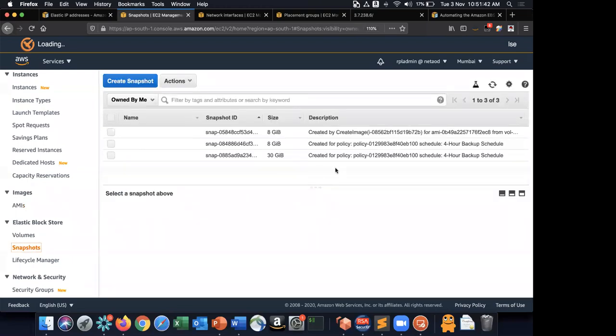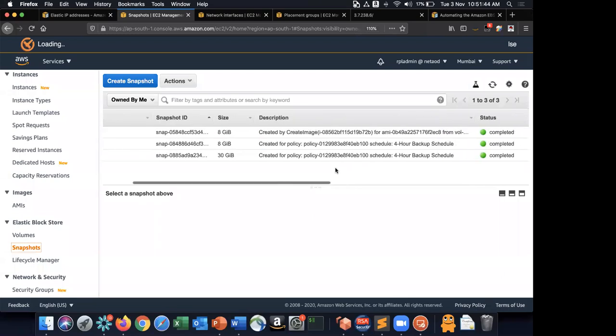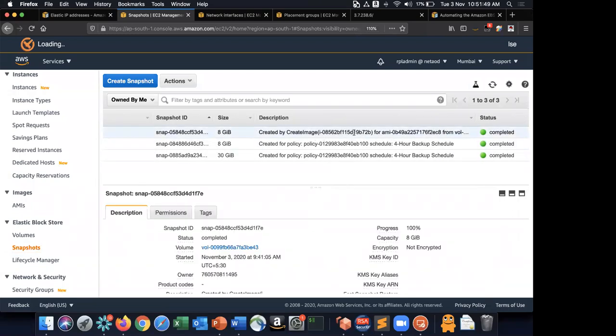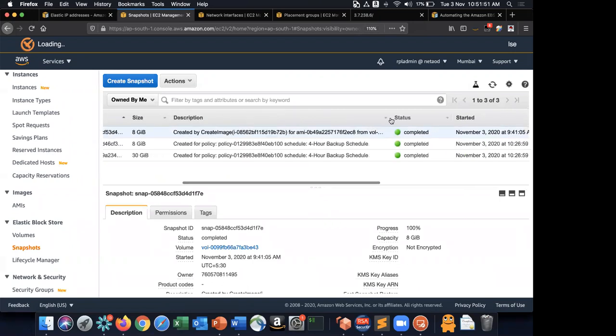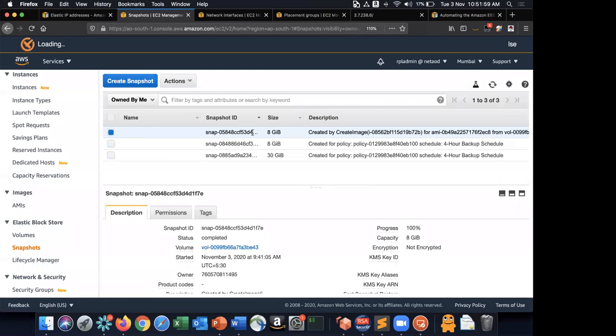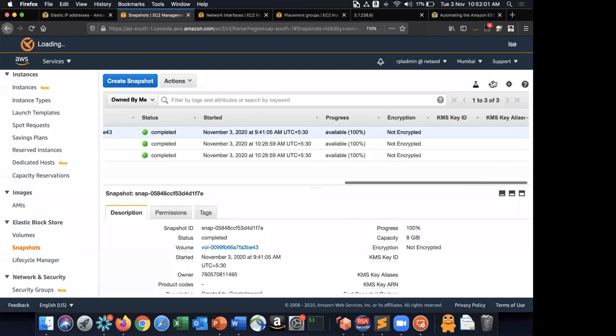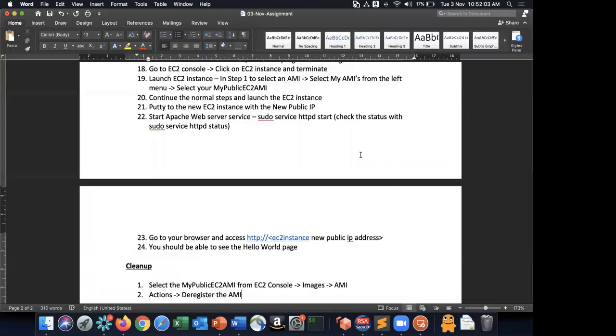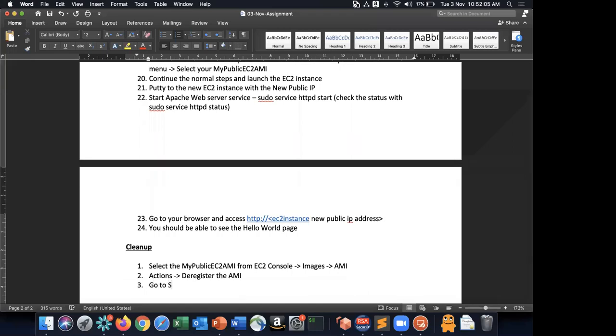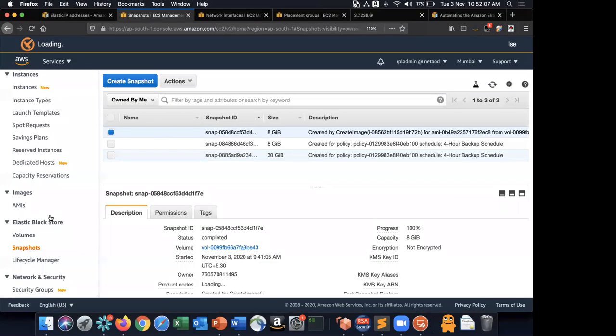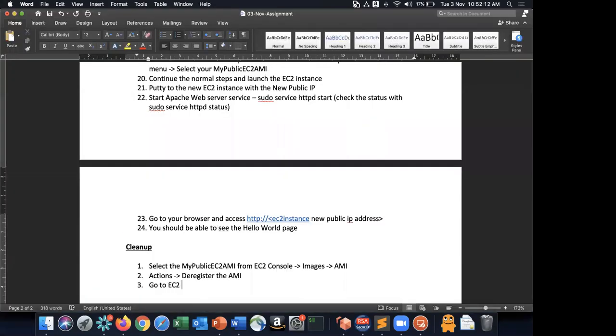Okay, what it does is it also goes and creates a snapshot, right? You also have to clean that snapshot. So go to snapshots, go to volume snapshots. Yeah, go to EC2 console,